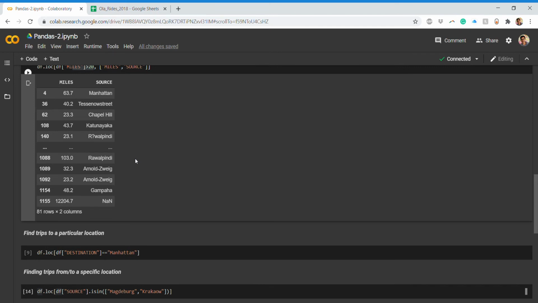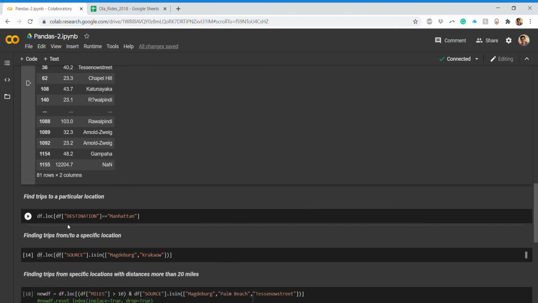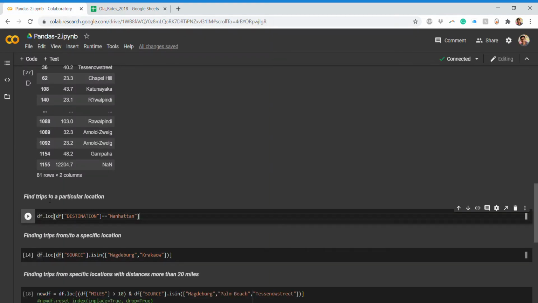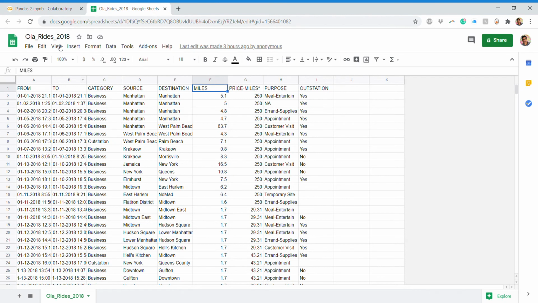Now I'll do another kind of relational operation. The customer wants to know what all trips to a particular location were made, like all the trips to Manhattan, what was the destination. Since our destination column is Manhattan, we are not talking about the source, but we are talking about the destination.